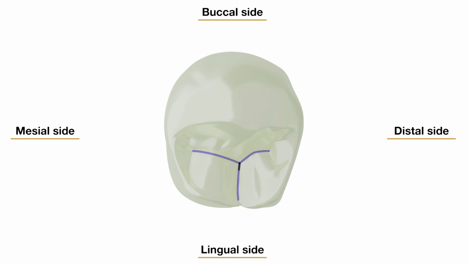The lingual developmental groove extends lingually between the two lingual cusps and ends on the lingual surface of the crown just below the convergence of the lingual cusp ridges. The mesiolingual cusp is wider mesiodistally than the distolingual cusp. This arrangement places the lingual developmental groove distal to the center of the crown. Supplemental grooves and depressions are often seen radiating from the developmental grooves.